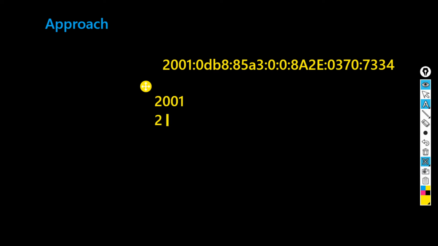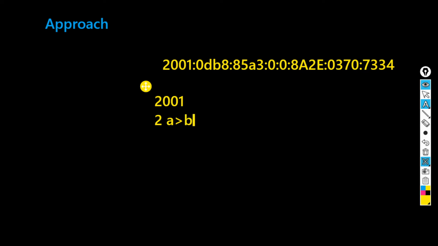We will compare, first thing, that it should be greater than 0. If it is, then there is no problem. And second thing, we will compare that it should be less than 9. So if any of this condition becomes true, then we will return true. Or we will check one more condition, that this value should be greater than a